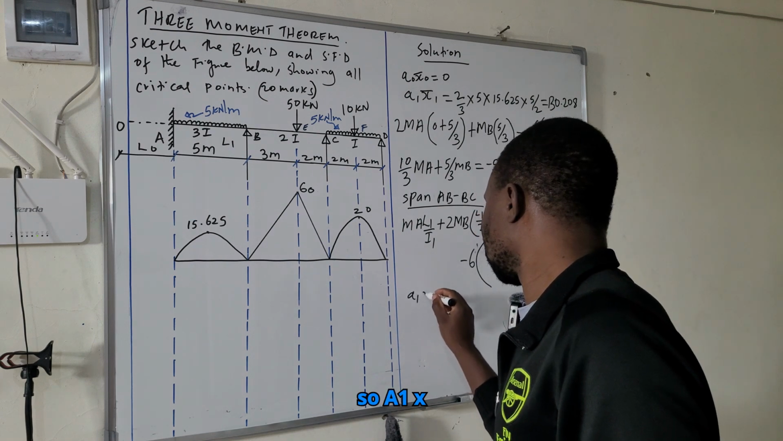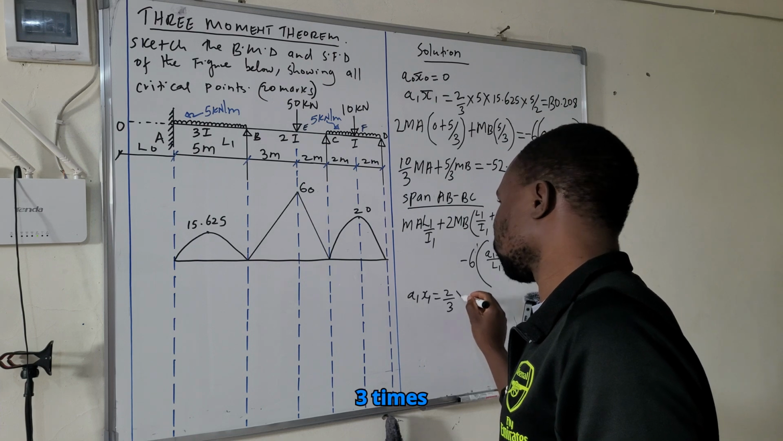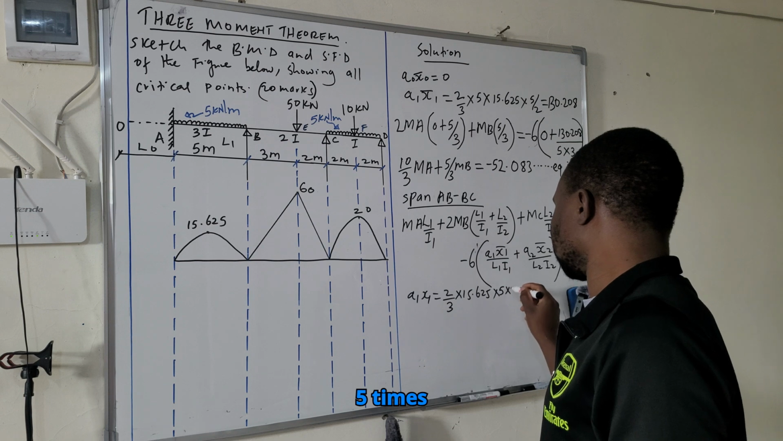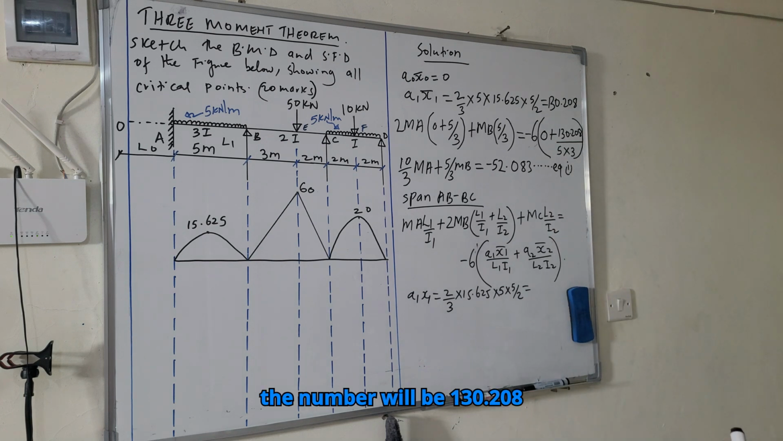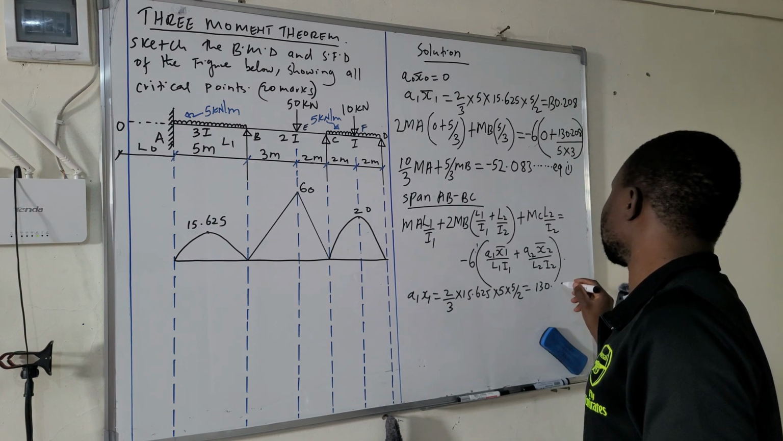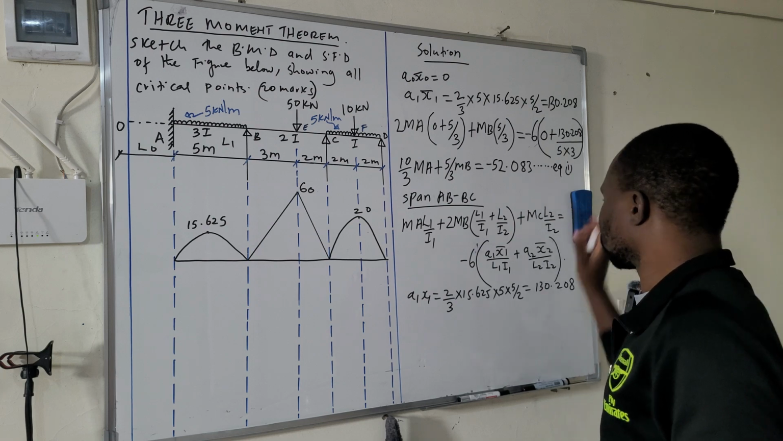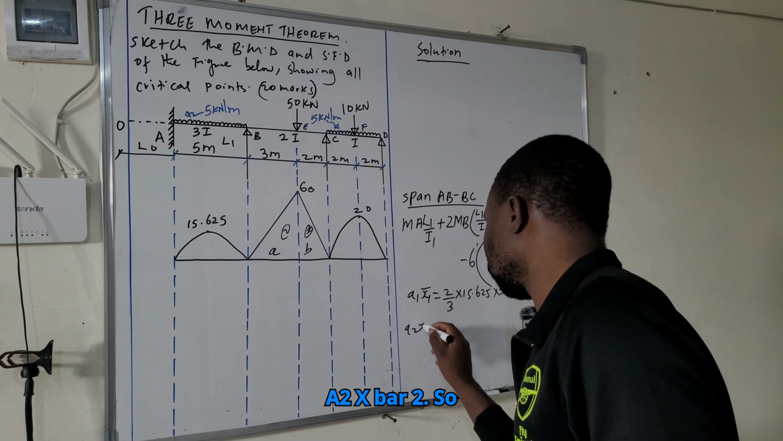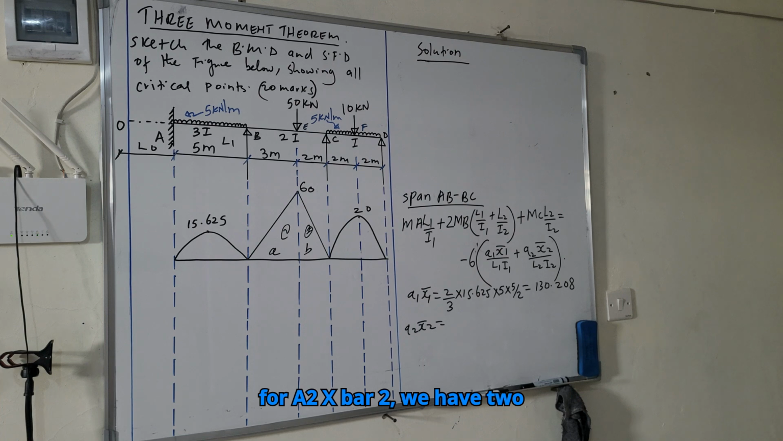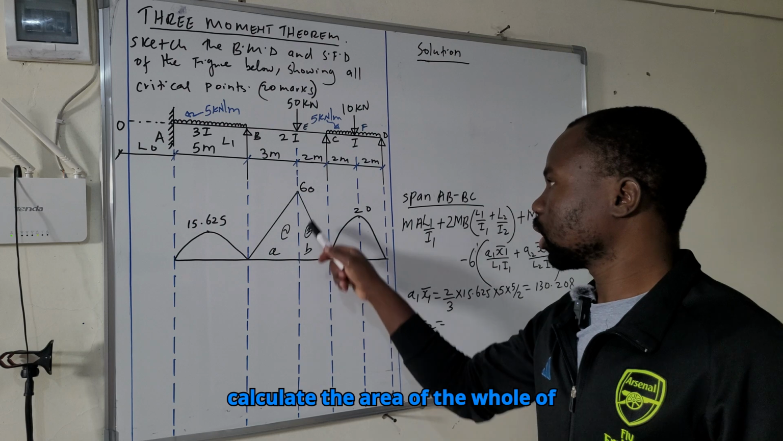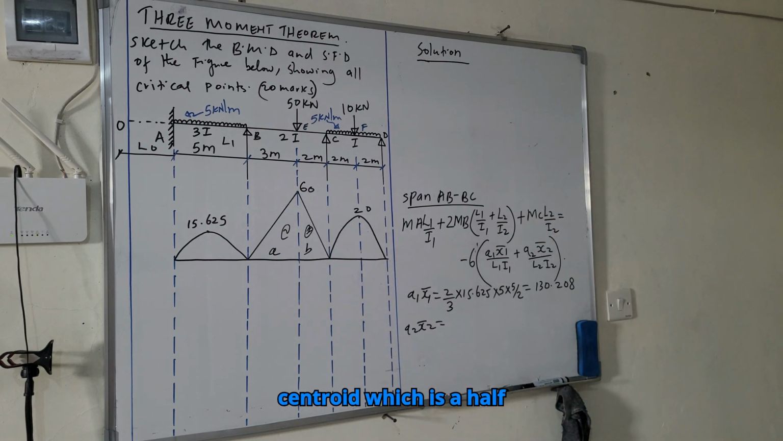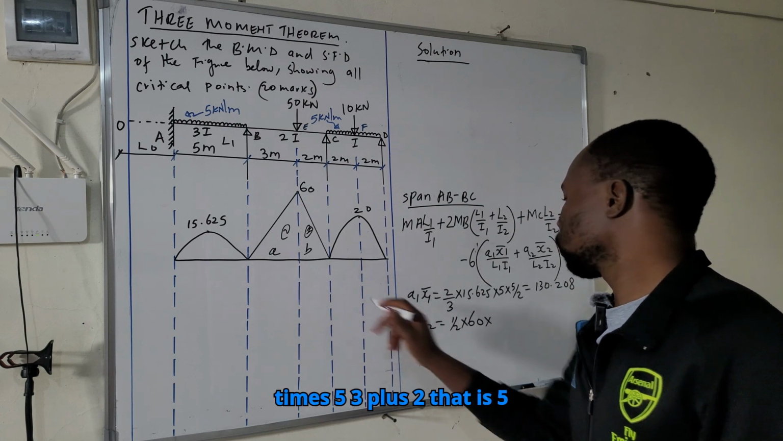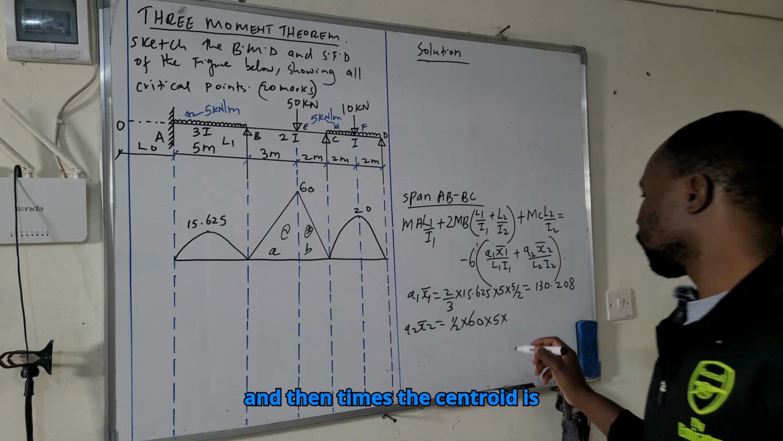So A1 x bar 1 is 2 over 3 times 15.625 times 5 times 5 over 2. So the answer will be 130.208. So after calculating A1 x bar 1, we now proceed to A2 x bar 2. So for A2 x bar 2, we have two methods. So the first method is to calculate the area of the whole of this triangle times its centroid, which is a half times 60 times 5, 3 plus 2, that is 5, and then times the centroid is b